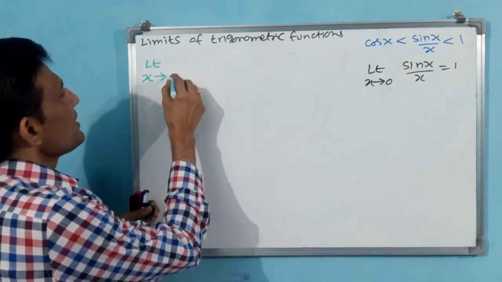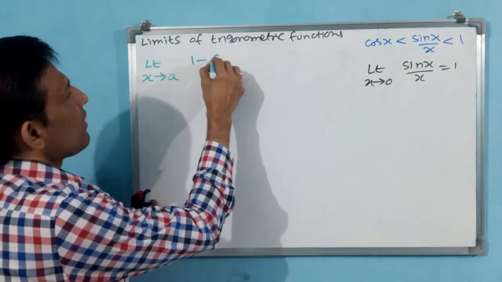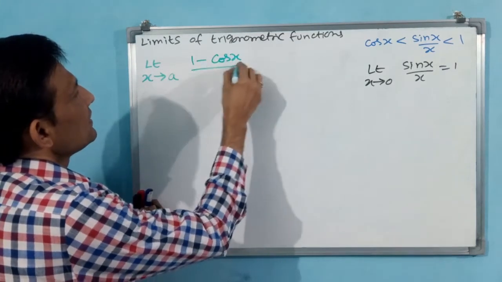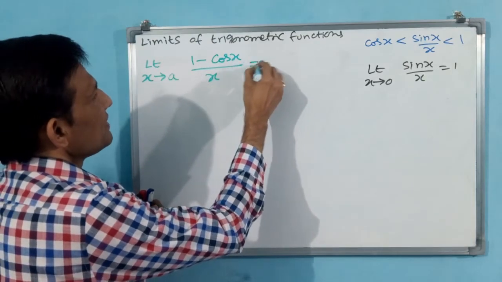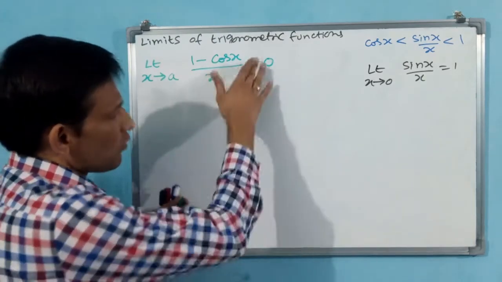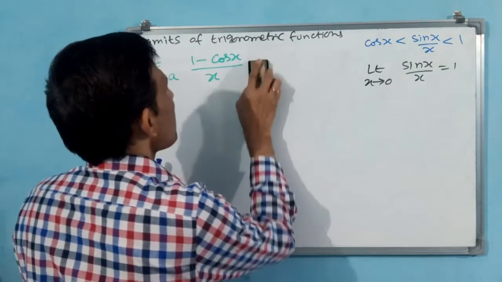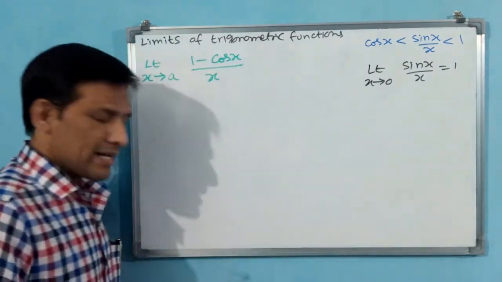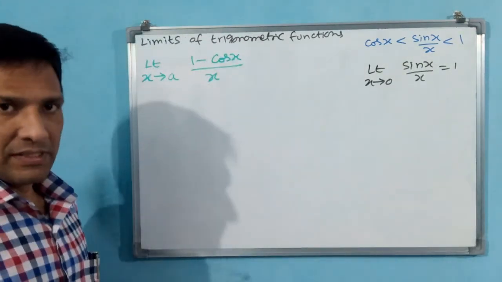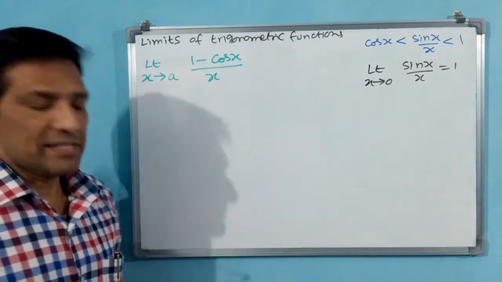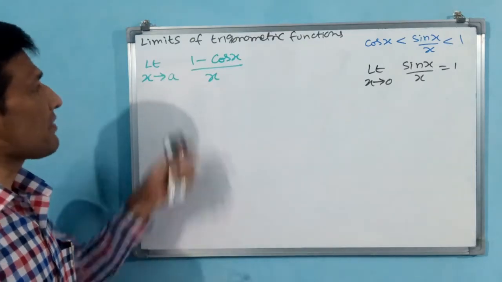Here also you see, limit x tends to 0, 1 minus cos x by x is equal to 0. See, 0 we have to prove. I will say 0 we have not yet proven. That is why I am not writing. What will come and all we will see. We derive it and we will write the final result here. Okay. You see what will come now here.